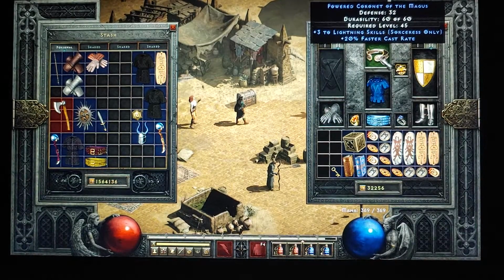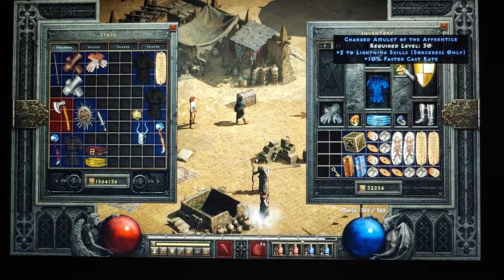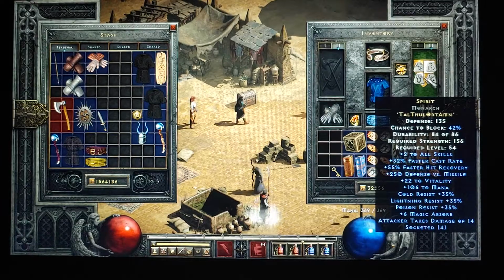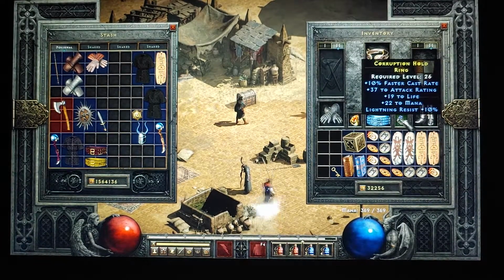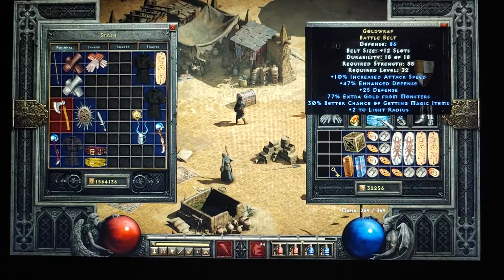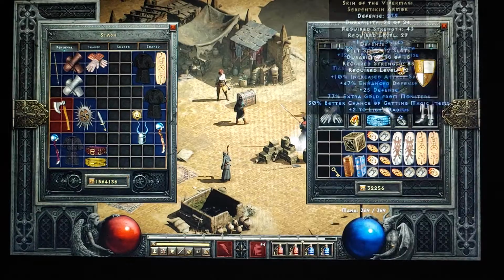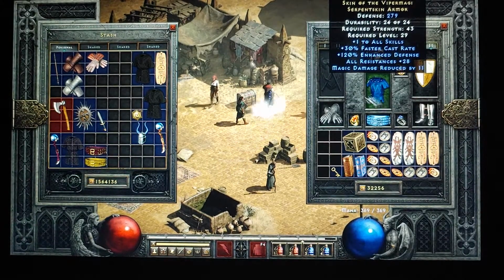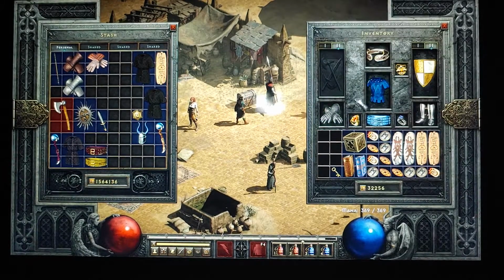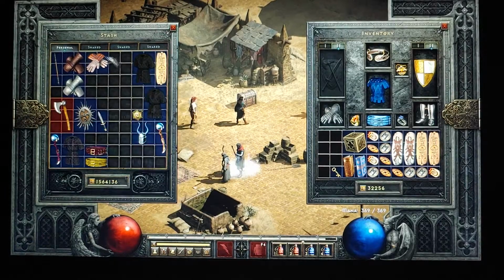A 320 lightning amulet, or coronet. 210 amulet. 32 FCR spirit. 35 war traps. Caster ring. An upped gold wrap, which allows me to have 4 potion slots instead of 3. Skin of the Viper Magi for cast rate, skills, and resistance, and Magefist for cast rate. For